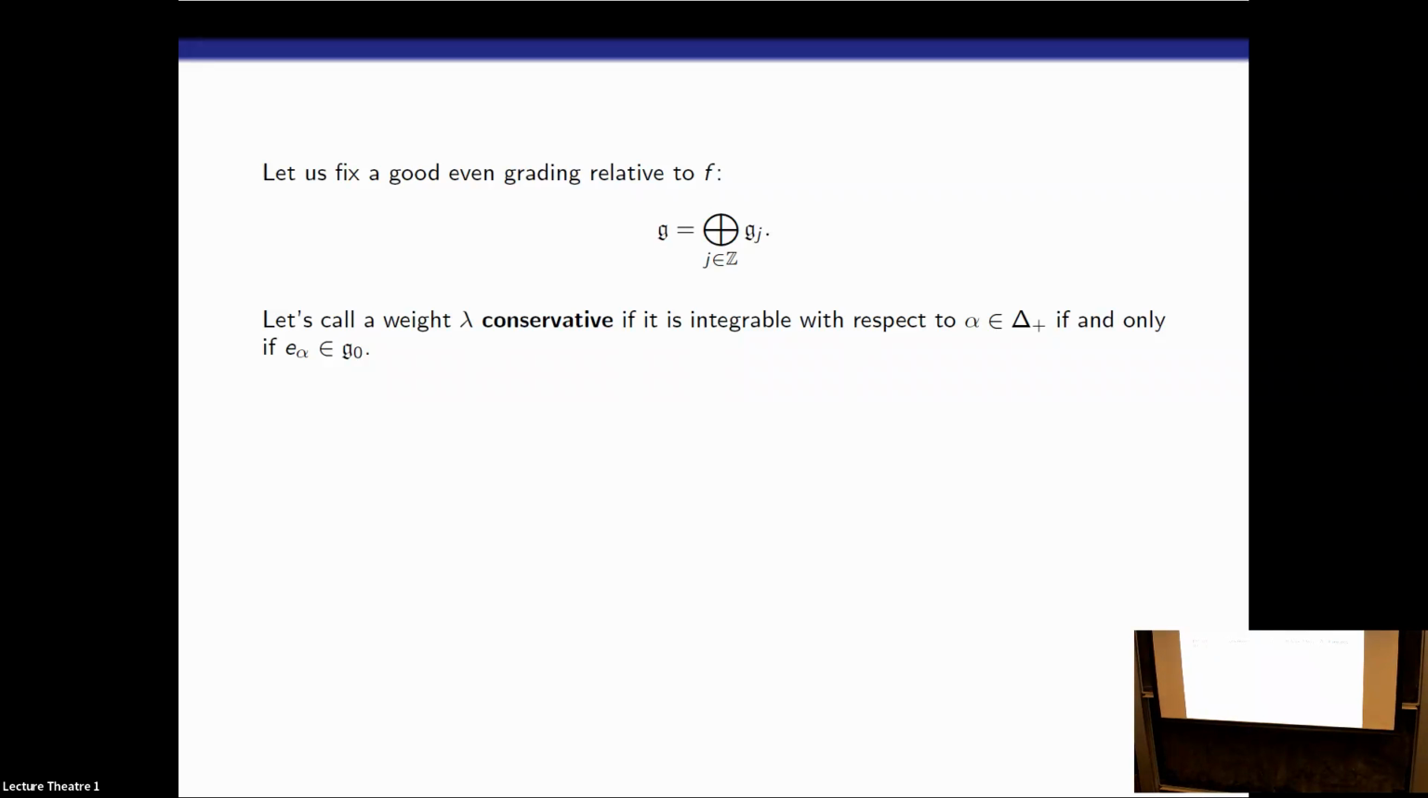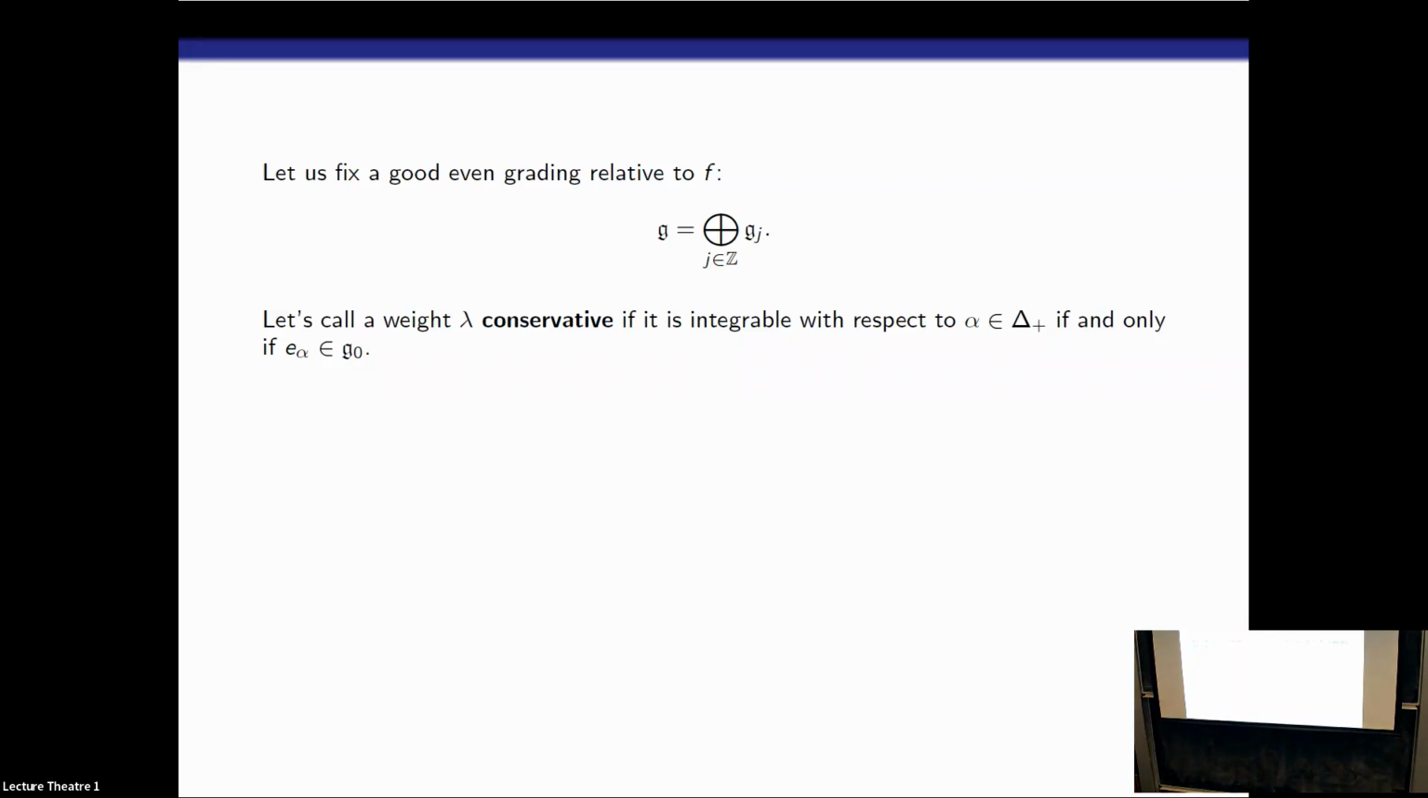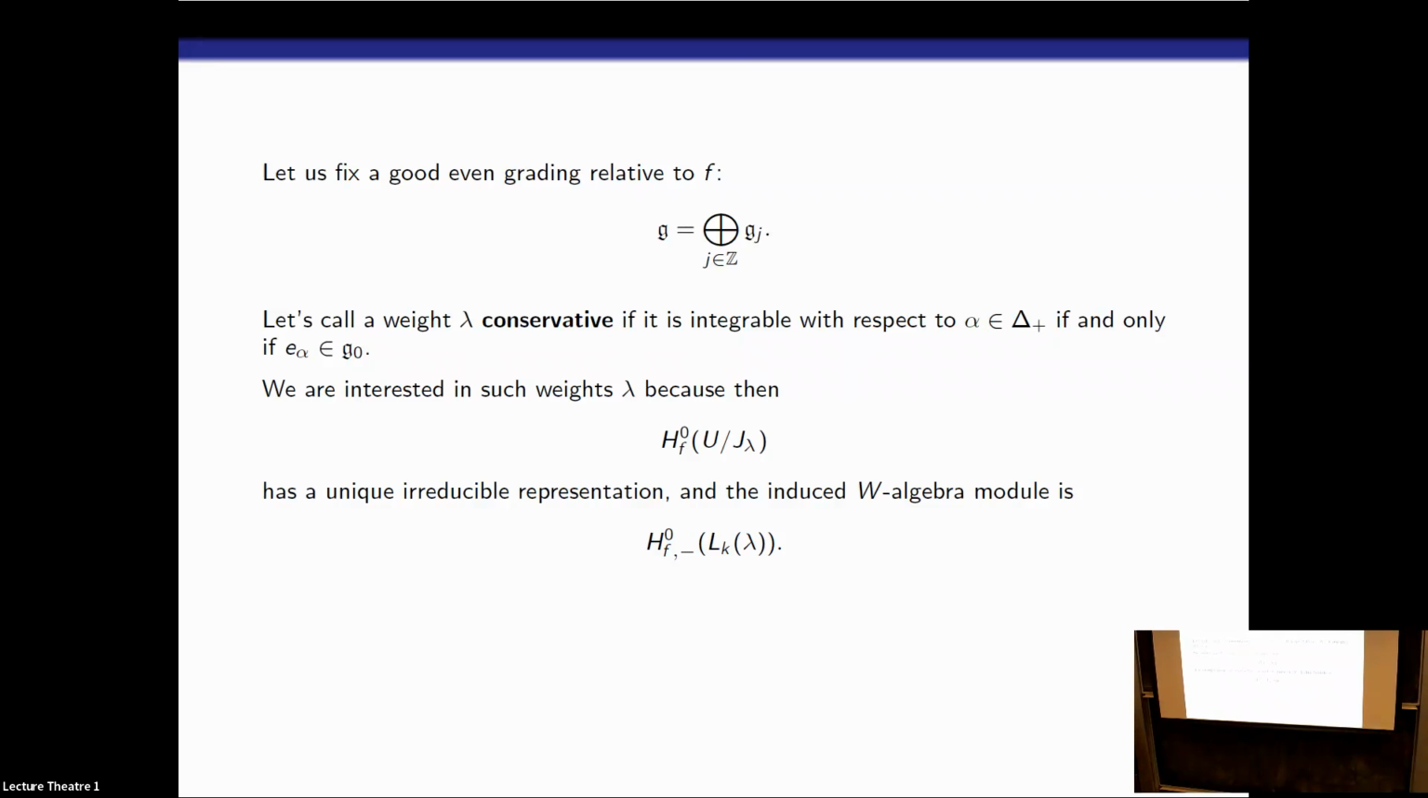And then if an admissible weight lambda is integrable with respect to this G0 subalgebra, right? So integrable with these roots inside, and no other part of G, then we'll call it conservative. Okay. So why are we interested in these weights? Because